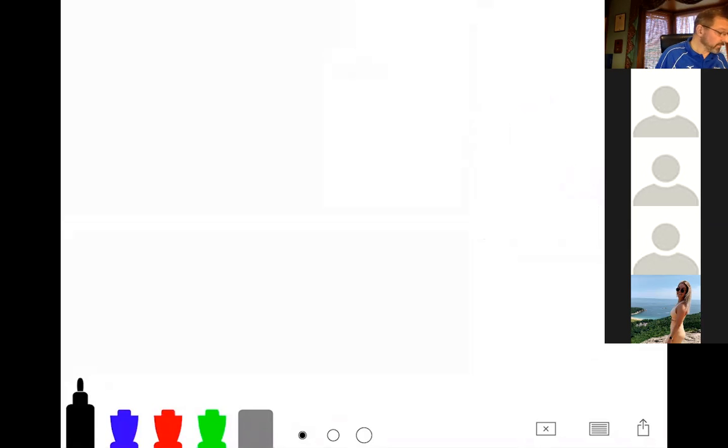Make sure I got the circuit in front of me here so I can draw it correctly. Well, of course I don't. Where'd that piece of paper go? Over here, there it is.